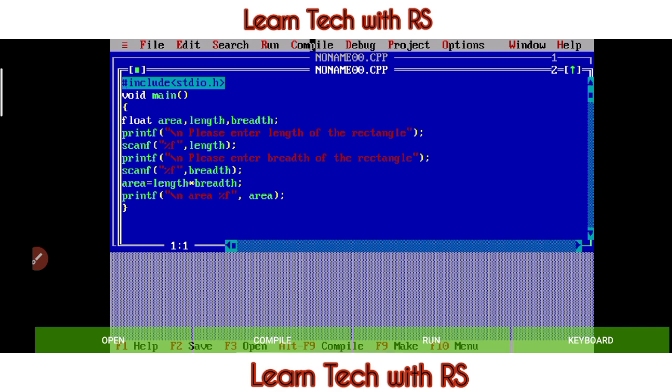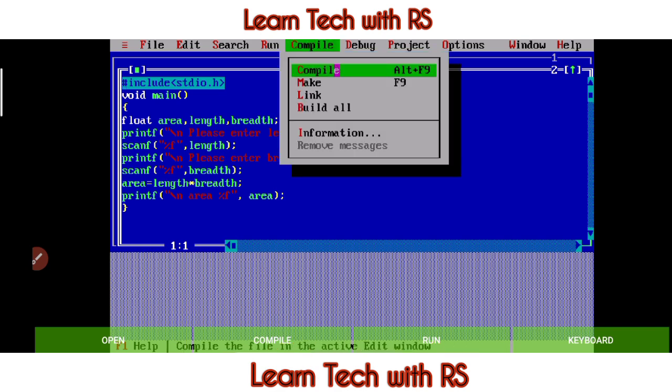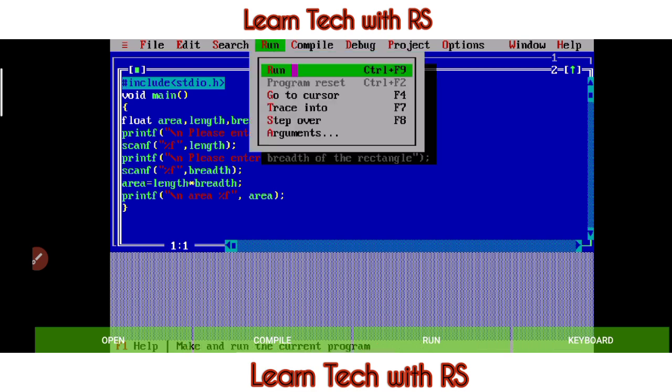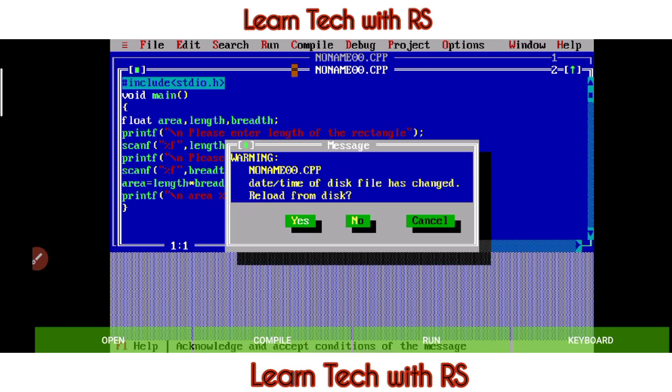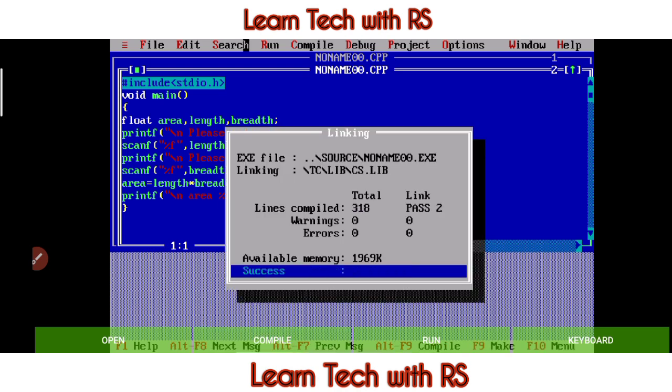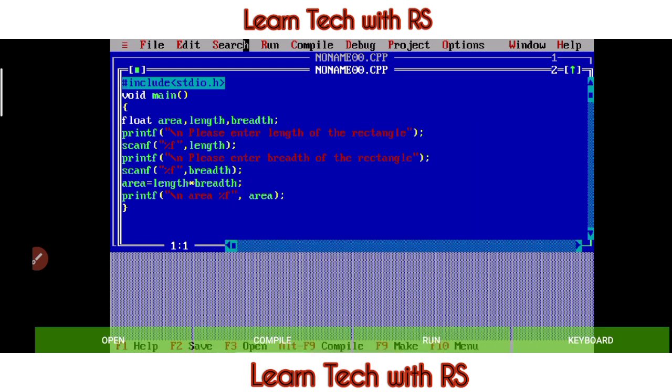Okay, compile. It's not showing, but the program is correct. Okay, anyway, so you get it, I guess.